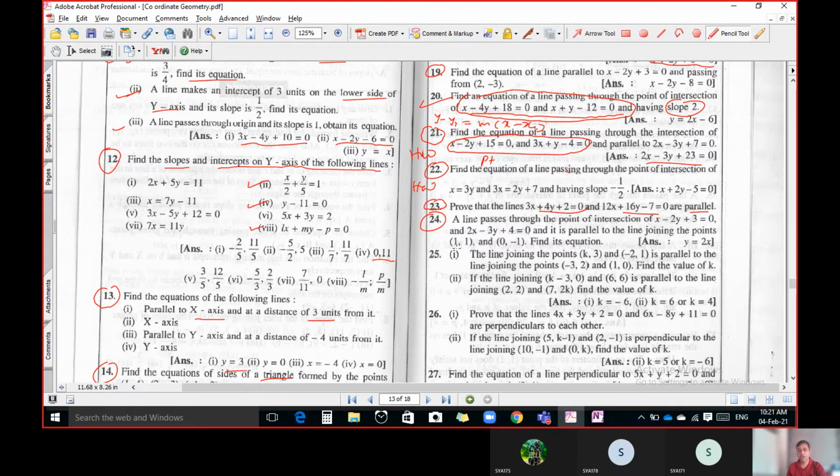So what do we have to do? We have to find the slope using these 2 points. We know the formula to find the slope once we have 2 points. And by solving these two equations, you will get 1 point. Once we have 1 point and the slope, it is possible to find the equation. Are you able to solve this one by yourself? Yes, sir. Okay, let us consider this as homework.